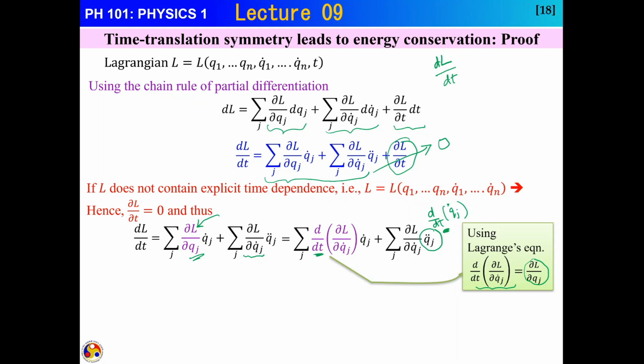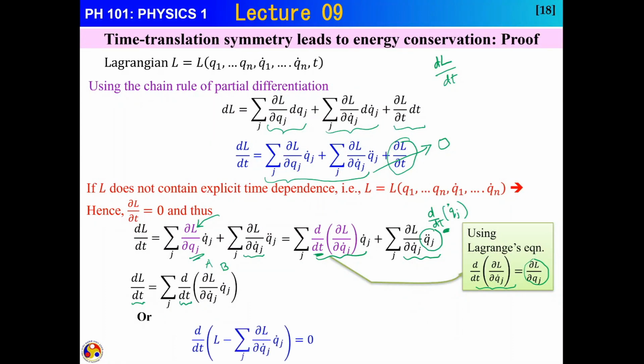Therefore, I can commonly take it outside by doing simple mathematical tricks. So now it is nothing but d by dt of, let's say this is A and this is B. Keeping A constant, you take a derivative of B, and keeping B constant, you take a derivative of A, and you get this part of it. Very well. And now you have a time derivative on the left side and the right side. So can I move this equation simply to one side so that the right side is 0? Yes, we can do that. So let's bring it over, so that the time derivative of L minus this term is now simply 0.